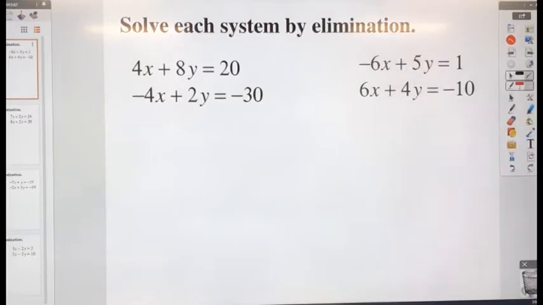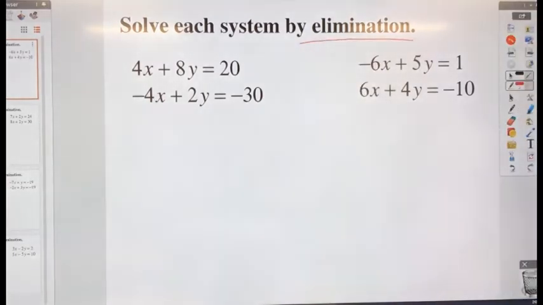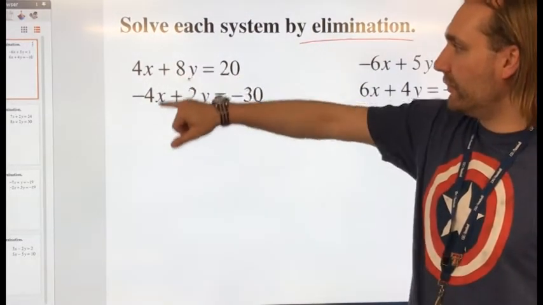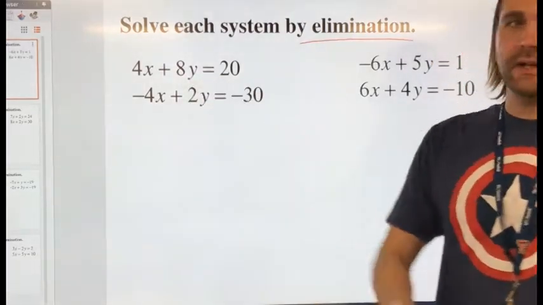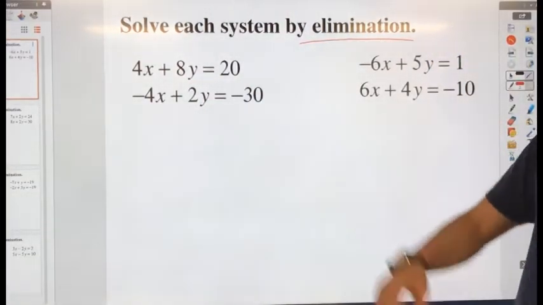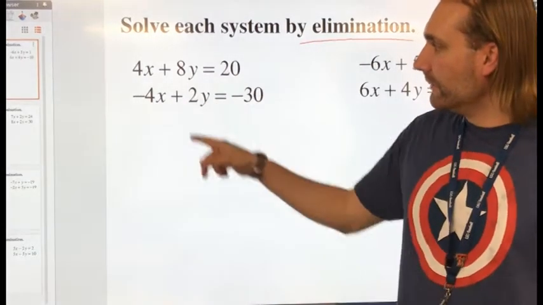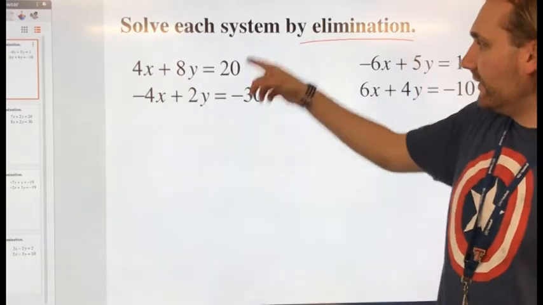Today we're going to try to solve systems based on the elimination method. What that means is I want to be able to add two equations together and eliminate one of the variables. We're going to start off pretty easy, where you simply just have to add them and it does eliminate for you. So if I look at this first set here, if I were to add each of these together,